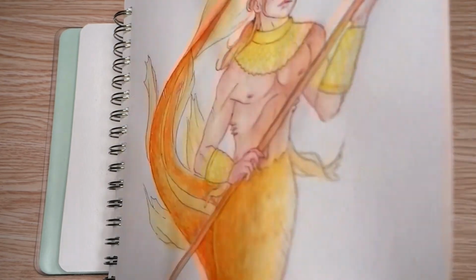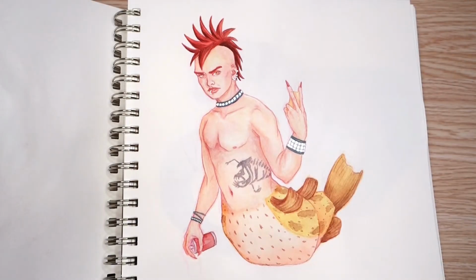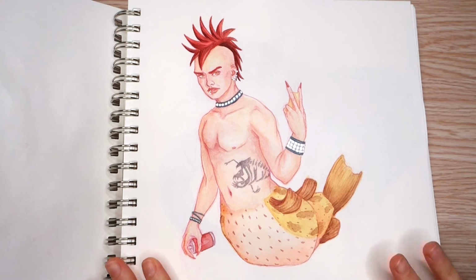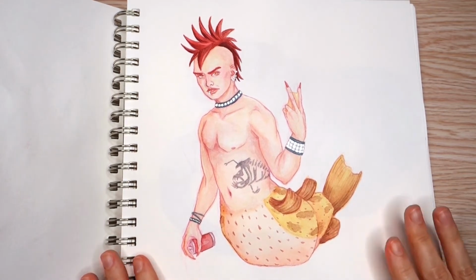And then, yeah, okay. So then I drew this guy, and I thought the idea was hilarious. I don't remember it looking quite like this, but I wanted to draw a punk pufferfish because to me at the time, that was a hilarious concept. So I drew this guy and I posted him, and the same friend who told me that the first mermaid I did was the best thing I ever painted told me that this was absolutely disgusting and was not okay. Like he was so offended by this as a mermaid